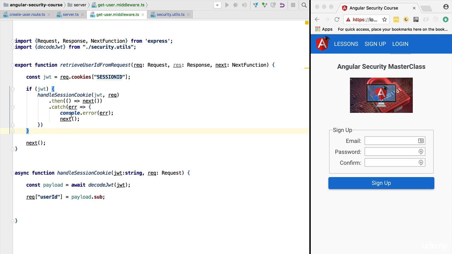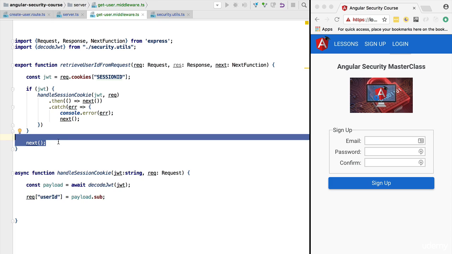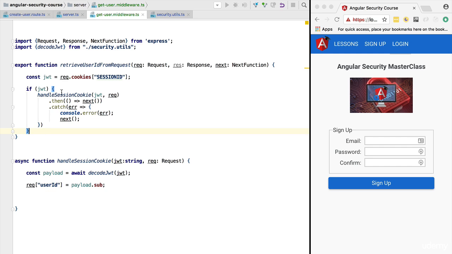So the goal here is we are only calling next when the user ID property, if present, has been filled in. So the rest of the middleware chain and concretely our route handling logic will only be executed if the user ID is already filled in. Otherwise, we might run into timing issues. Let's also remove this call to next, otherwise this would mean that the middleware chain would continue, so we would still have the same issue. And with this in place, we now have this global catch block that is going to ensure that we never run into hanging HTTP requests. If something goes wrong in the promise chain, at least we have the guarantee that this middleware code will not